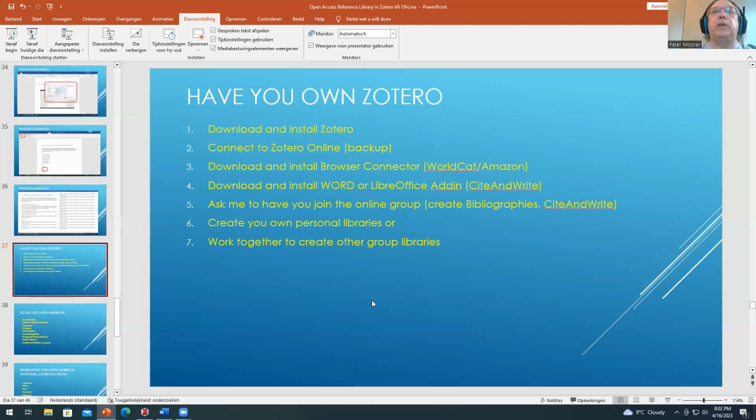And you can work together with group libraries. Then you have to have all the publications in one group library and not spread over several ones. That will be problematic because you will be a member of one specific group library, although I have two. Now,